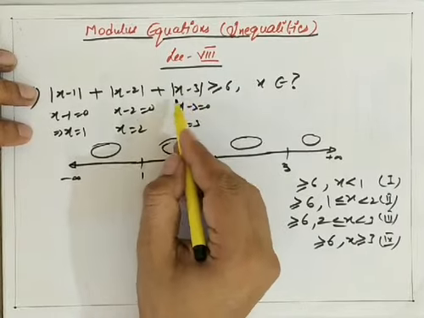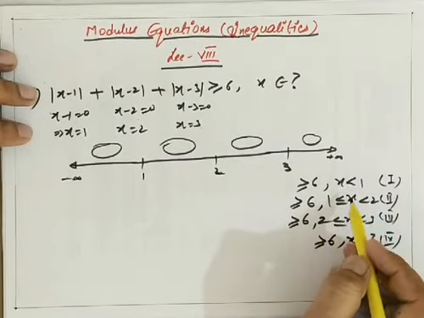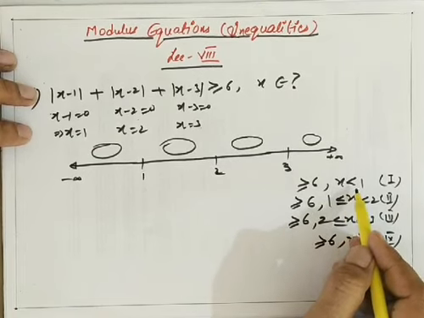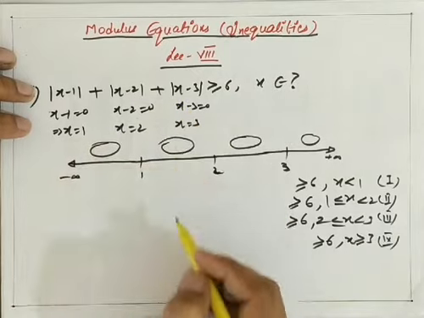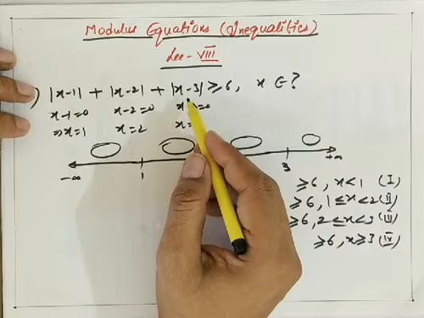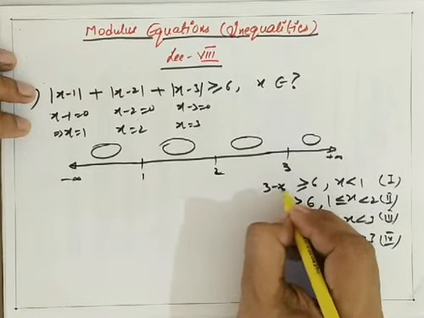Now let's start from mod of x minus 3. Let's consider the first interval. If I take any value of x in this interval, suppose 0 is there. 0 is definitely less than 1. Let me put 0 in this moduli, the third one. 0 minus 3 is minus 3 and mod of minus 3 is plus 3. So that means the equivalent function of this modulus will be 3 minus x in this interval.